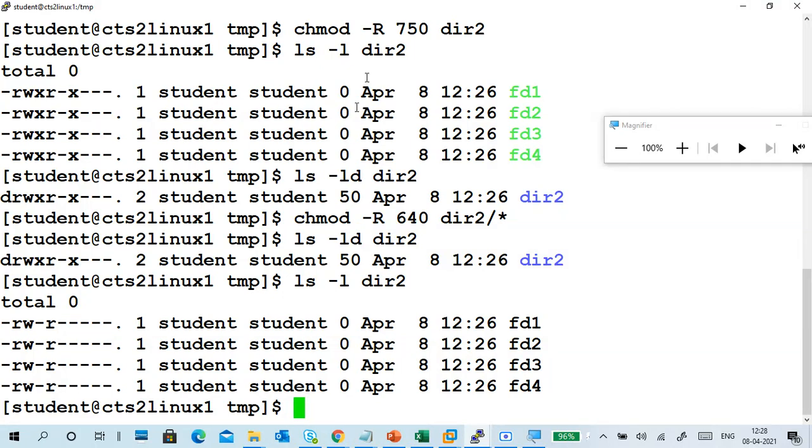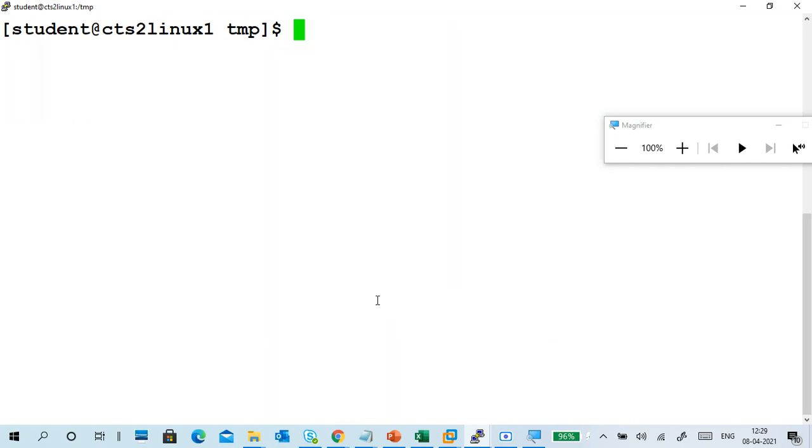No need of -R here actually, because I said star here, which means all the files in the directory I mentioned here. So you don't need -R. You need -R when you're applying to the entire directory and you want to change the internal files also. Of course, sir. There is another thing also with the space -R, hyphen R kind of stuff. We'll see that one.